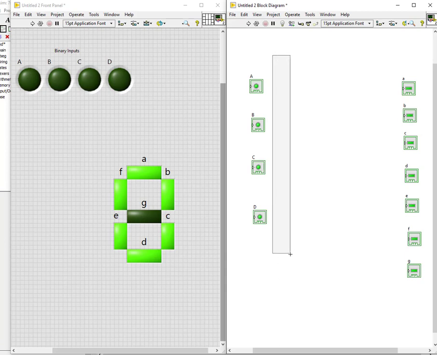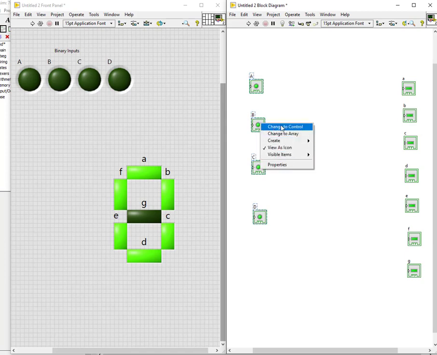Now to convert them into controls, select all the booleans at a time and right click on them, and you can change to control. There is an option called change to control, and you can click on it. You can see that the arrows have been changed from this end to this end. That means they have been converted to controls.